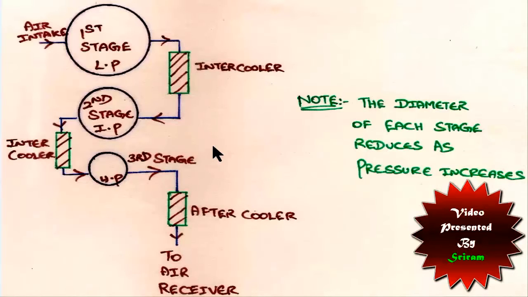However, one interesting point which I would like to stress in this video is the diameter of the various stages of the compressor. As you look at this picture, or any multi-stage air compressor, the first stage, that is the low pressure stage cylinder, has the biggest diameter, the intermediate stage the second biggest, and the high pressure stage is the smallest. Have you ever wondered why?